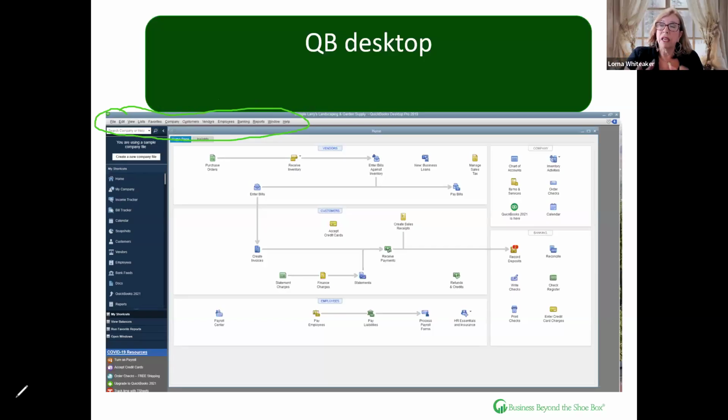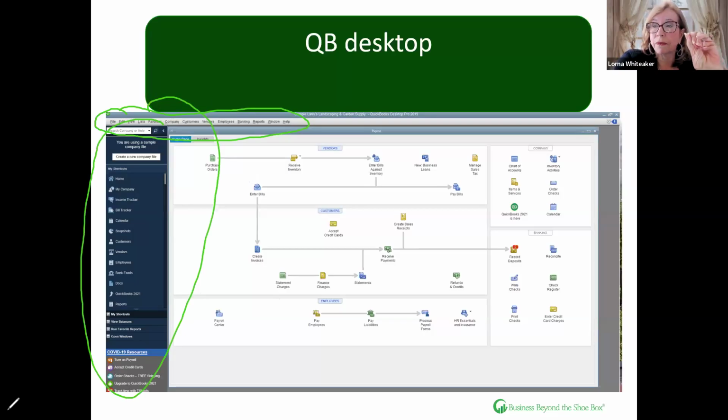So here's the thing I would repeat about QuickBooks Online. It is accounting software, okay? And so they think about what you need to know for doing your bookkeeping and getting your reports. But there's multiple ways, again, to get there. So you can also do what's called a shortcut. The online version really has just the shortcut. Okay. This part here, this big window here,